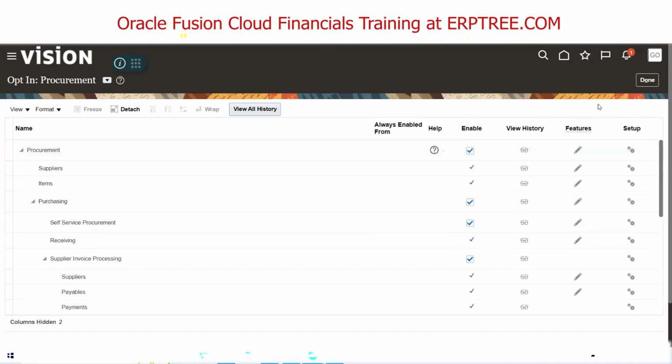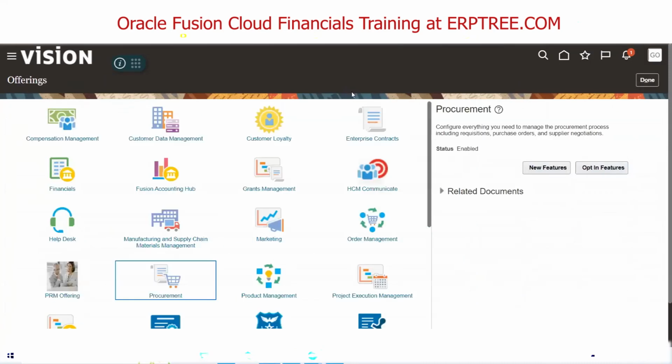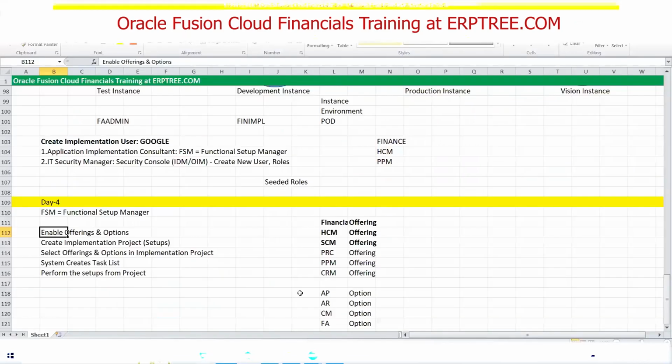The procurement consultant will enable accordingly, whatever they are going to implement. If you are aware, being a finance consultant, of which offering you are going to implement, you can go and enable it. Otherwise, the SCM consultant or procurement consultant will take care of the responsibility of enabling all the required offerings and options. And if you want to implement PPM,